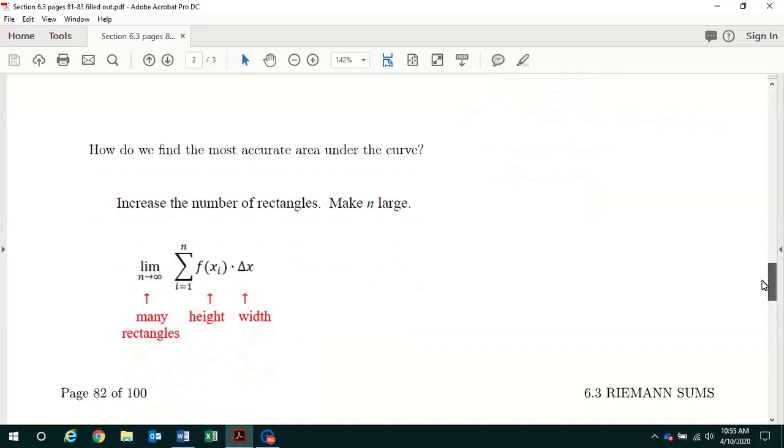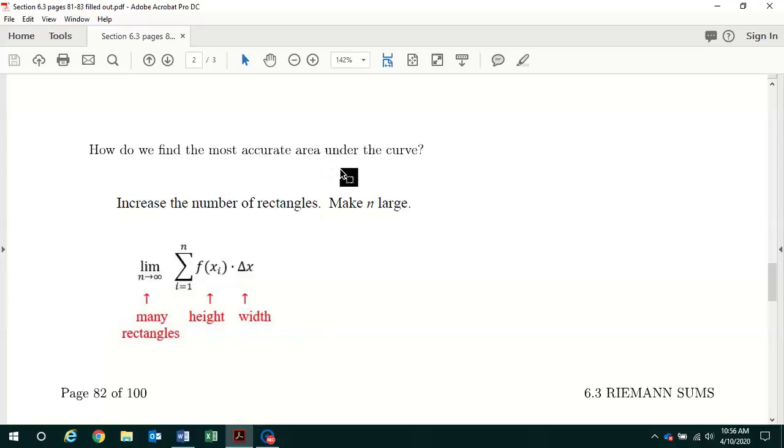At the bottom of page 82, it asks, how do we find the most accurate area under the curve? I just alluded to that answer: we increase the number of rectangles. We make the number of rectangles n very large. Remember, this is the Riemann sum formula at the top of page 1. We're just adding up n rectangles. f of xi is the height, delta x is the width, so that product is the area of a rectangle, and we're just adding up the area of n rectangles. So if we increase n, the number of rectangles, we get a better,